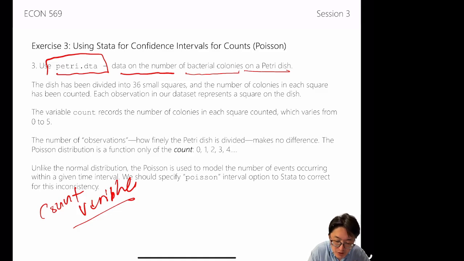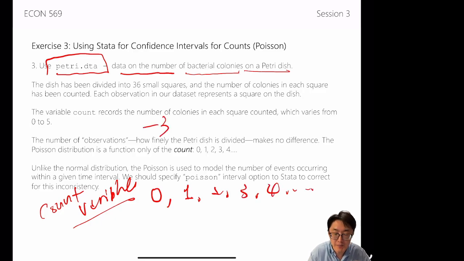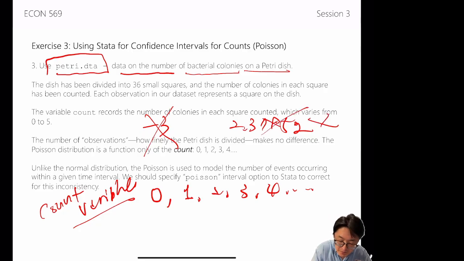Count means we have 0 times, 1 time, 2 times, 3 times, 4 times. We don't have minus 3 times. We don't have 2.37852 times. We have only what? Non-negative